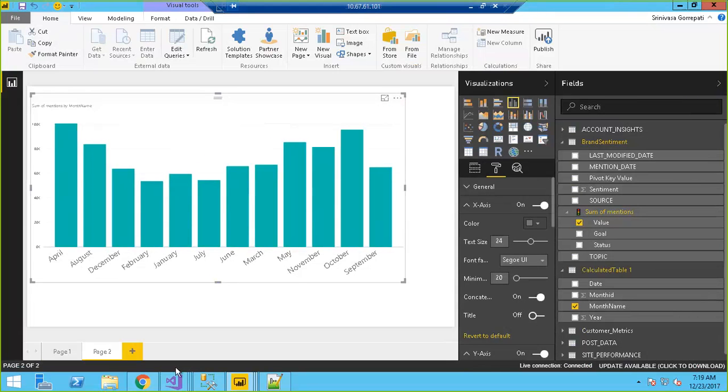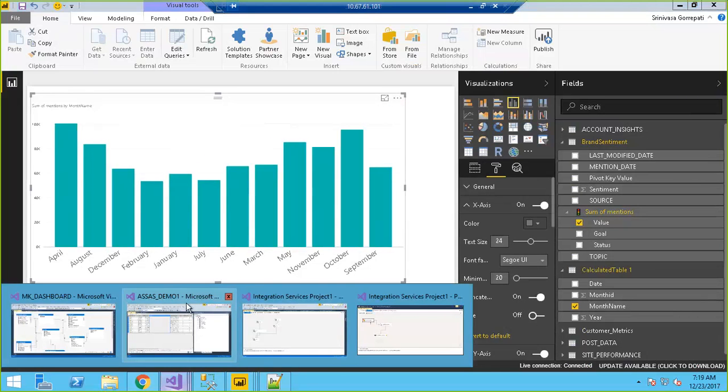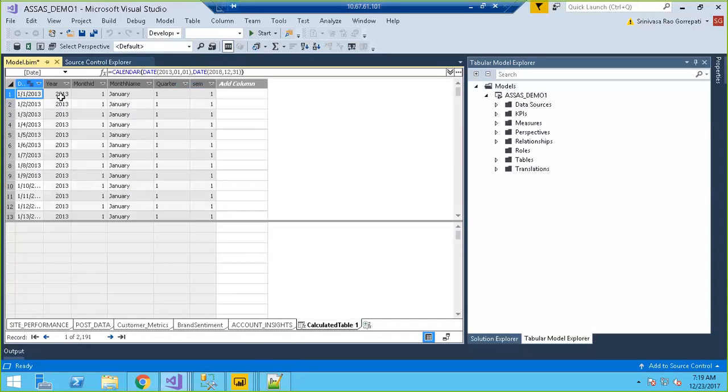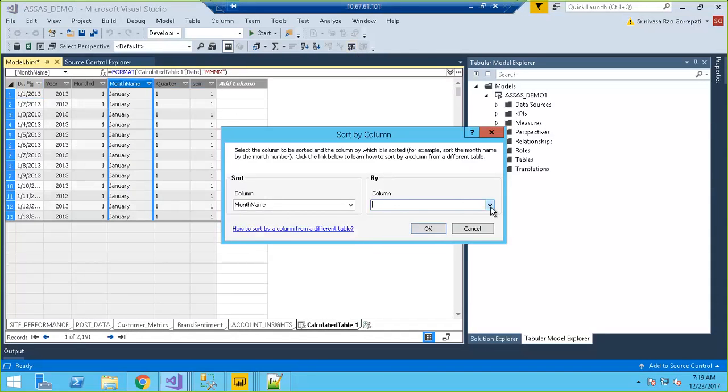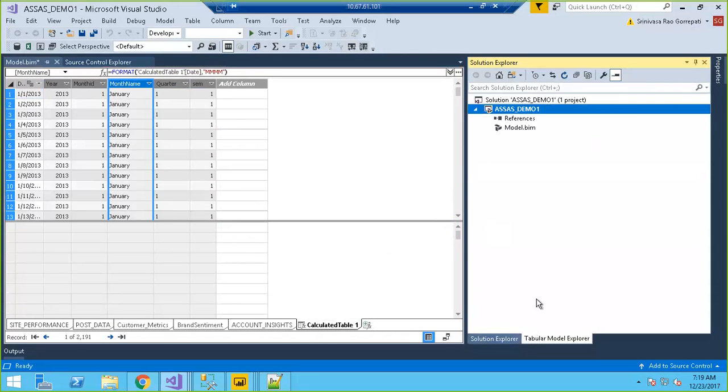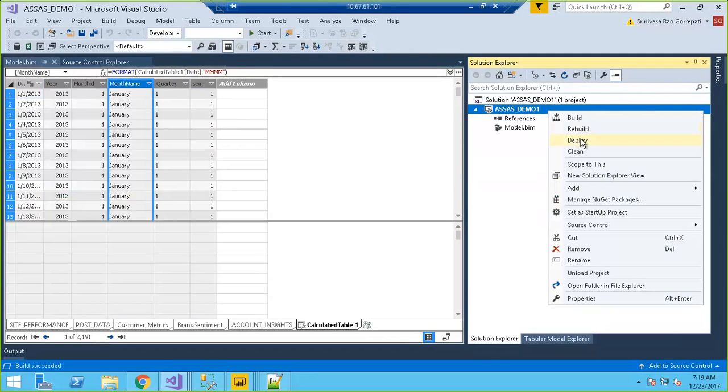At that time, what you need to do is, at your source level, go to your date dimension and say that the month name must be sorted based on month ID, so that once you build it and deploy it,